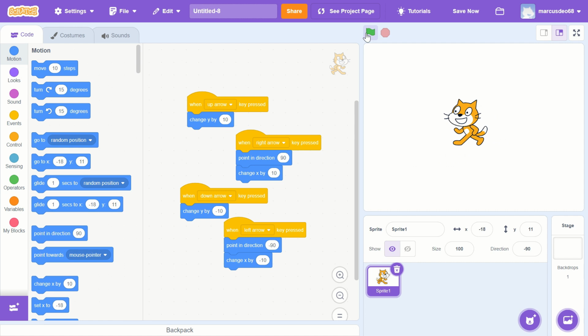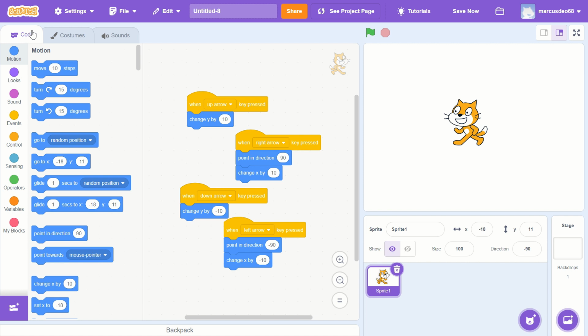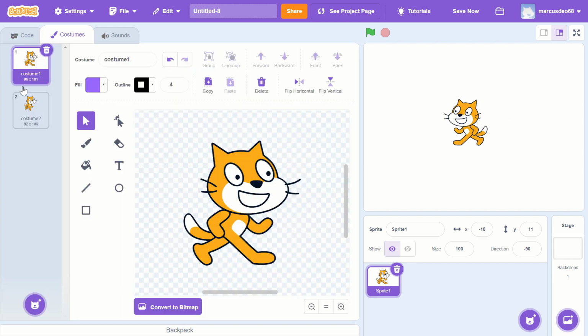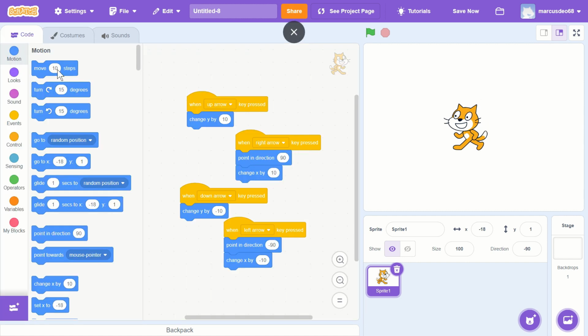Now, I'm not going to do this right now just because it's going to take a lot of time, but what you can do, and I think I've done this before, is you can use the costumes. You'll notice that the Scratch Cat has a walking costume. If you want, this might be a little challenge for you, and I encourage you to do this, you should use costume so that every time you walk and take steps, the costume changes so the cat actually looks like it's walking, right? It'll alternate like this, so it looks like it's walking. I encourage you to do that. I'm not going to do that right now. It's not required. It's not necessary. But it's a cool little challenge to see what you can do. Anyways,